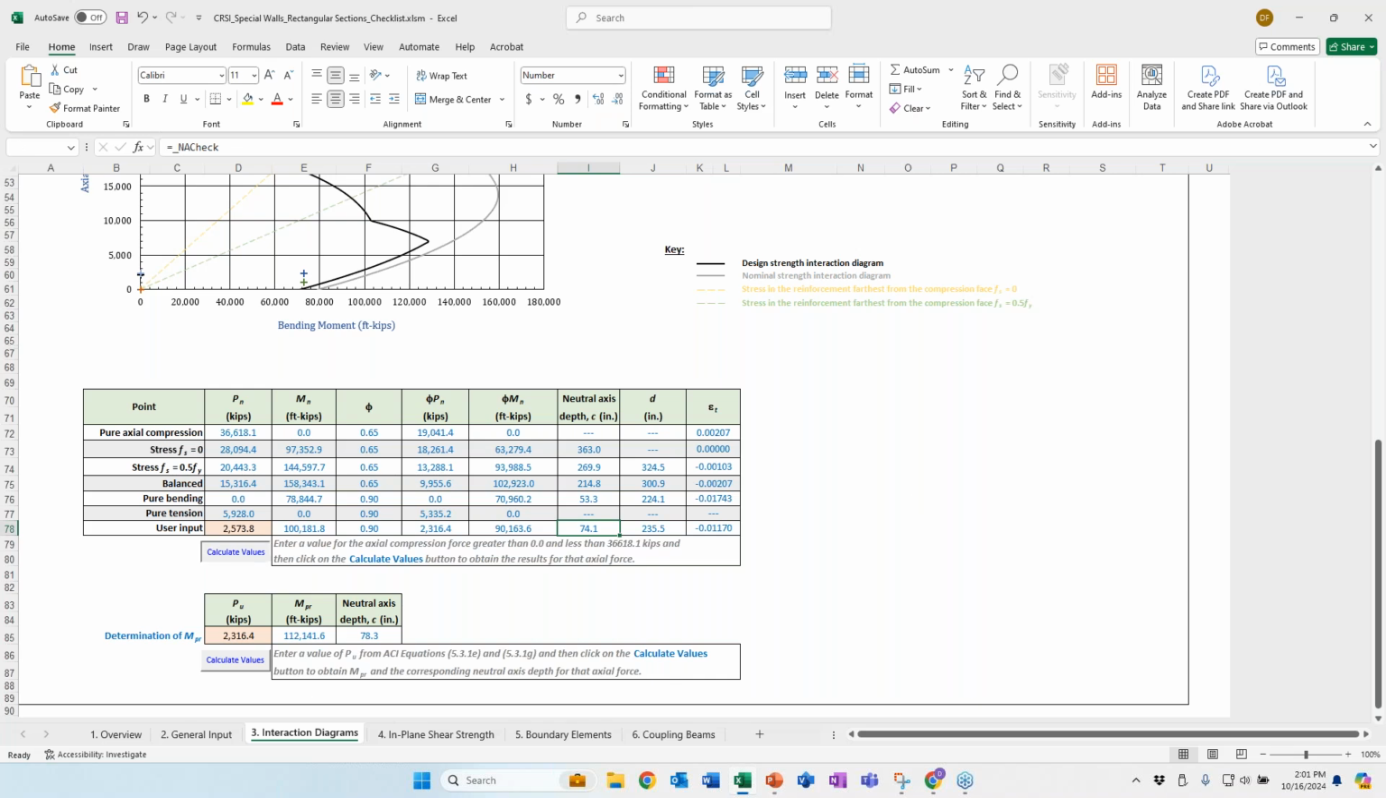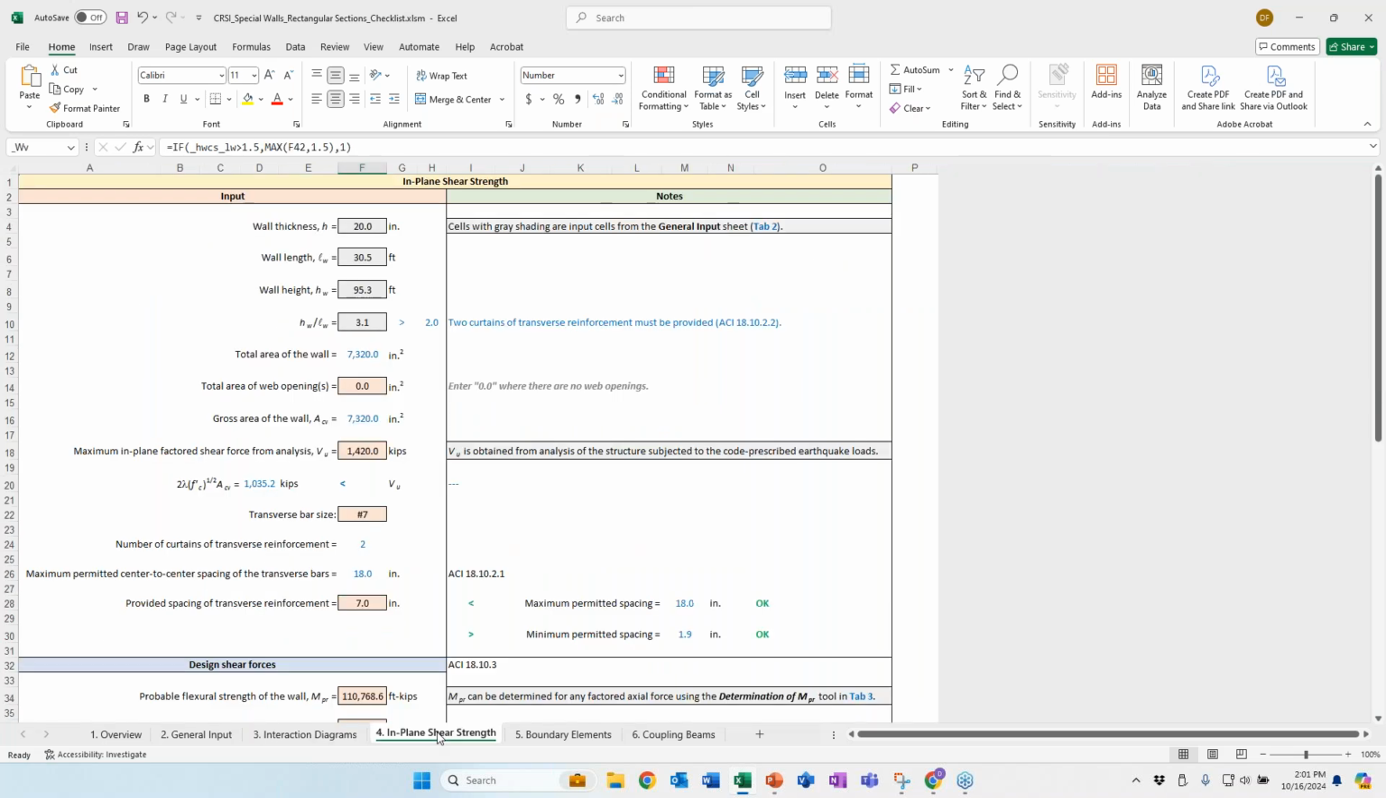And you can calculate the value for any axial force. And what's nice, it gives you the neutral axis depth. And that neutral axis depth can be used to determine if you need special boundary elements or not. We also have a box here. If you click on calculate values for a particular axial force, it will determine what your probable flexural strength is. So that probable flexural strength can be used to determine your shear force, your in-plane shear strength, which is given